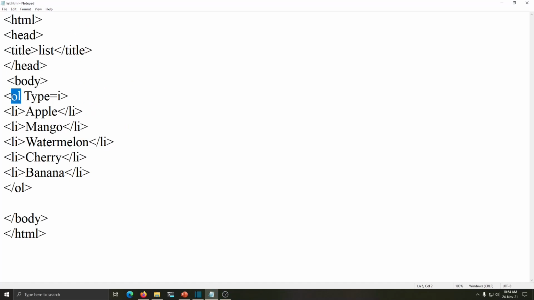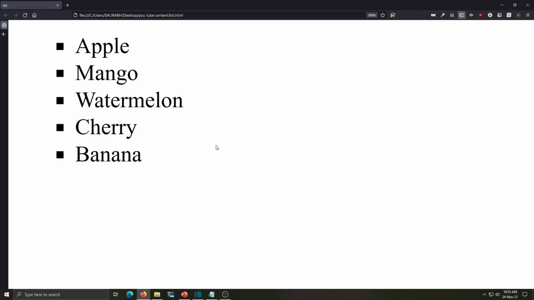So here in place of OL I am going to change it to UL and its type is square. And here also we have to change the closing UL. Save it, go to the browser and refresh.